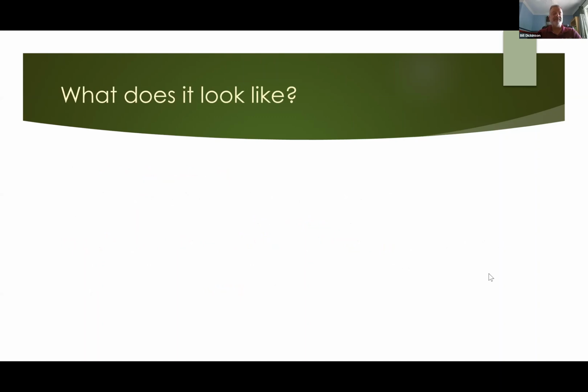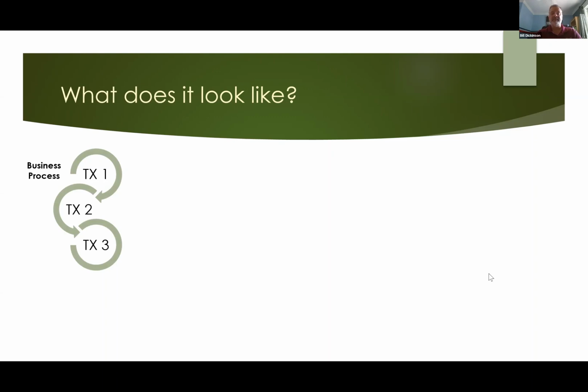So let's take a little bit of a look at what a blockchain solution looks like. If we've already identified our problem, we've identified that one of the key factors is trust. What is it going to take? What type of technologies do we have to bring into play to make the solution possible? We obviously start with the business process. If we've identified that correctly, then we're on the right road.